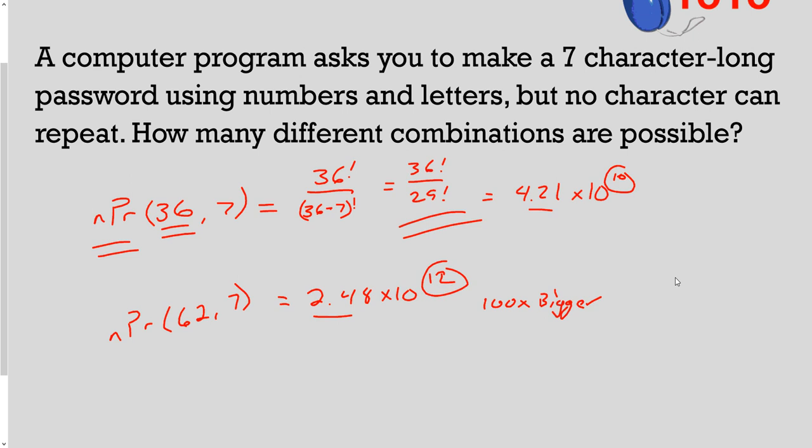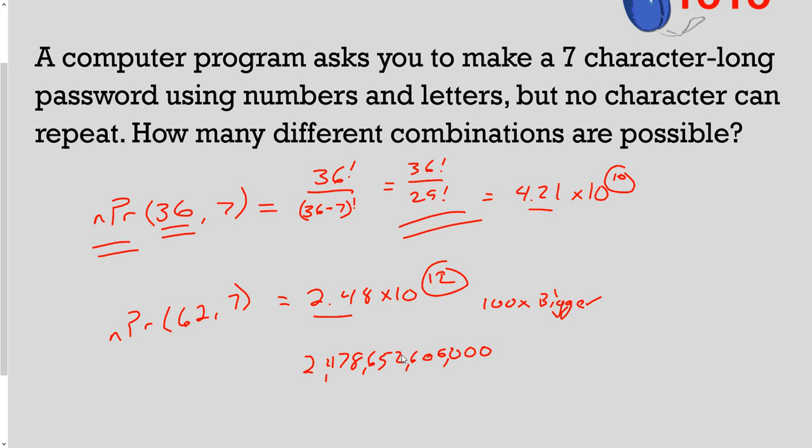So when you see a password that allows capitalization, that password can be much more secure, because if you're just going to try and guess what it is, that looks like this. Let me write this whole number out just for giggles. 2, 4, 7, 8, 6, 5, 2, 6, 0, 6. I need to go 12. So 1, 2, 3, 4, 5, 6, 7, 8, 9, 10, 11, 12. So there's thousands or hundreds, thousands, millions, billions. You'd have to try 2.478 billion passwords before you just figured it out,